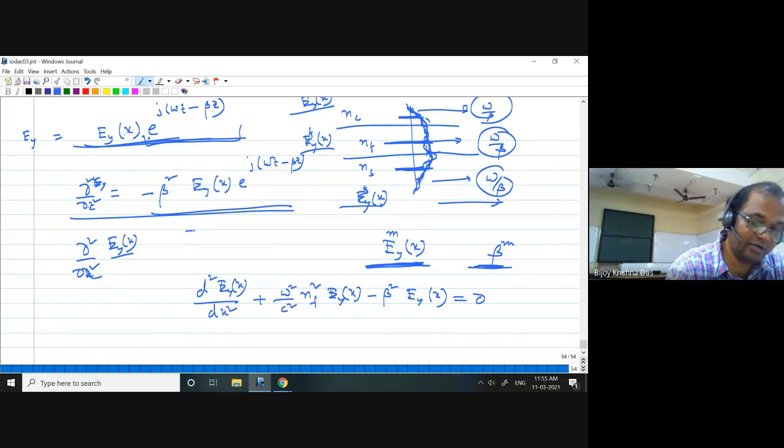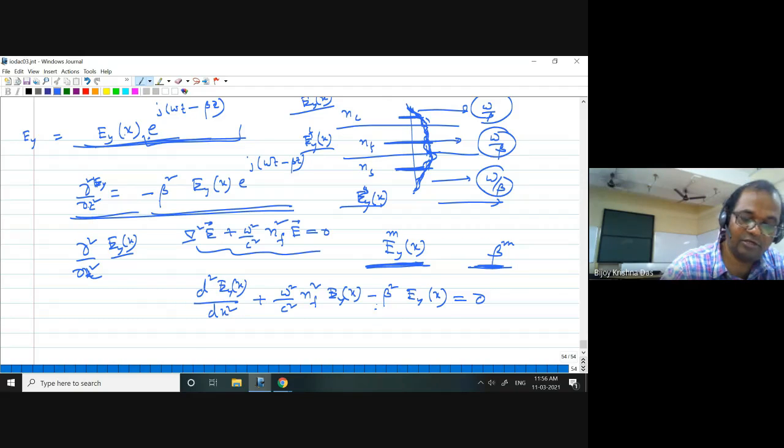So whatever equation I have written, curl square del square E plus omega square by c square, sorry, in the core region nf square E, and then that should be equal to 0. So from this one, I decompose del square, and I also consider del/del y equal to 0, and del/del z equal to this one. I consider del²/del z², and del²/del x², and I'm writing like this.